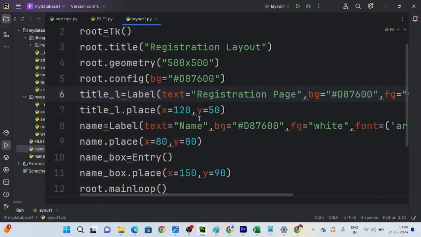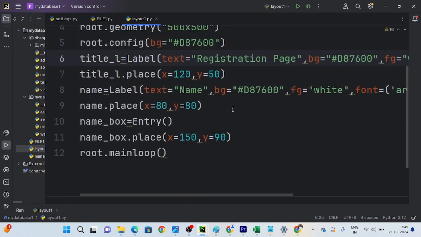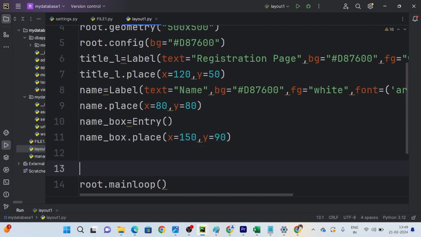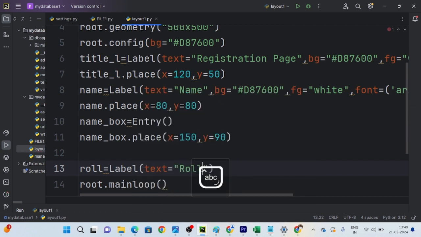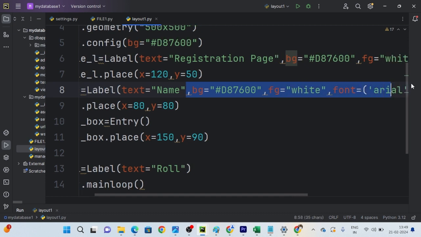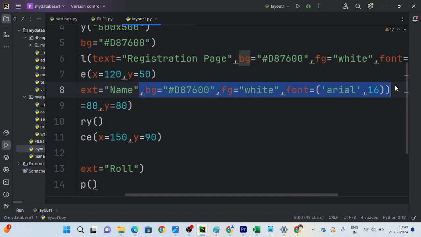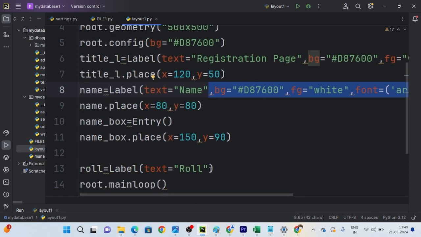Okay. Now next is roll number. Now everybody very carefully observe. Now I want to put the label called roll number. What do you have to take? Label. What is the text, guys? Roll. Then this BG, foreground and font. Same like name. What I will do, comma also you have to copy. Entire thing I want the same. One time you write, now we have to reuse. Copy this entire stuff, and just after here you